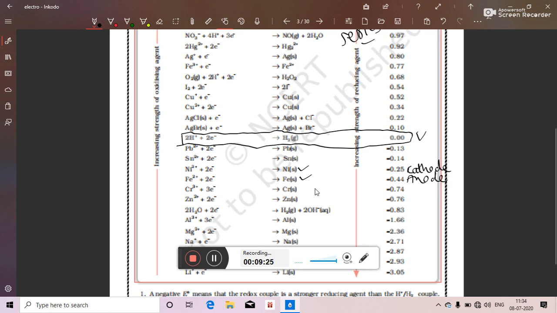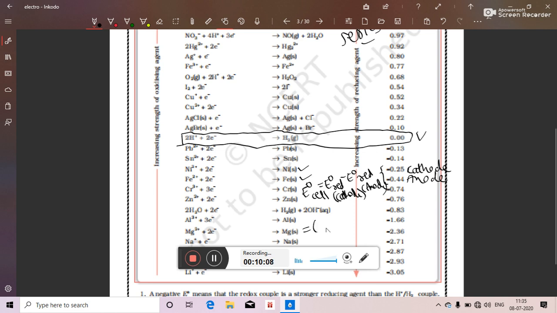Now from the difference of the standard potentials of the two half cells, we can also find out the standard potential of a cell. The standard potential of any cell constructed by using any two half cells can easily be found by using this table. For example, if it is a cell constructed by using nickel and iron, then the standard potential of the cell is equal to the standard reduction potential of cathode